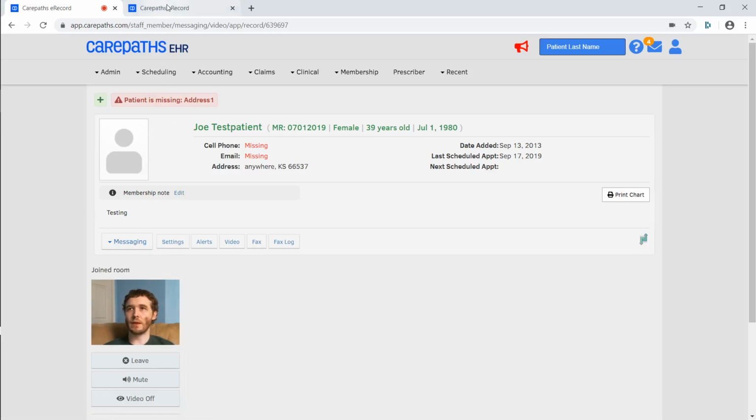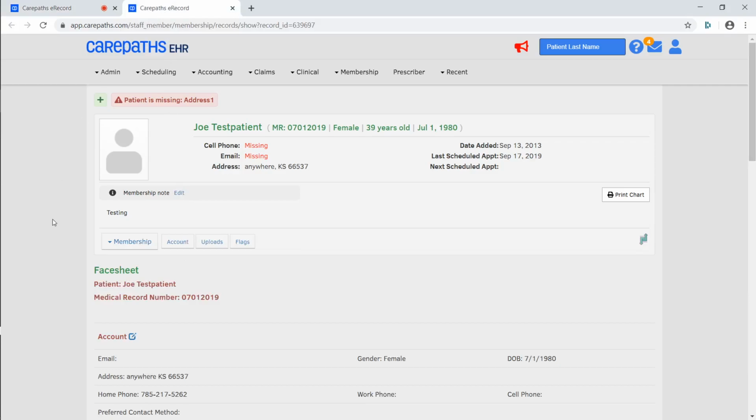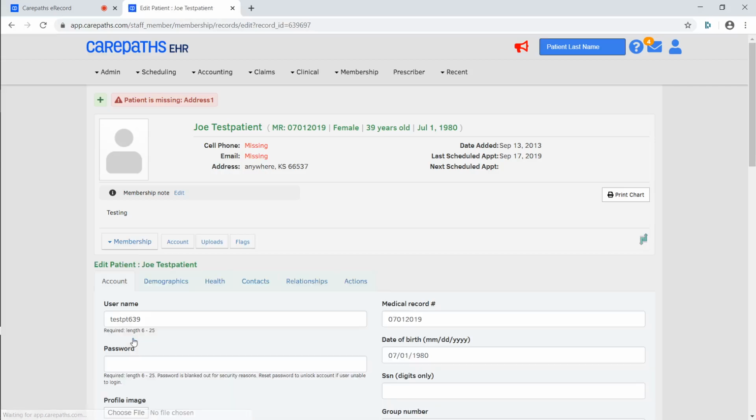So if I go up to that new tab I just opened, that's going to take me back to this main patient profile page. I'm going to click on Account right here or down here. Either one takes you to the same place, which is this page that shows you the username for this patient